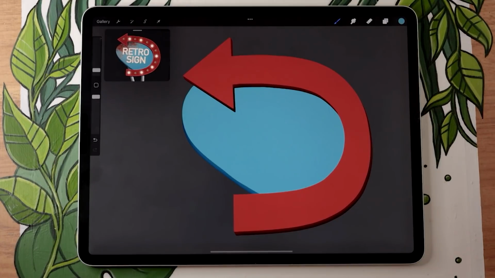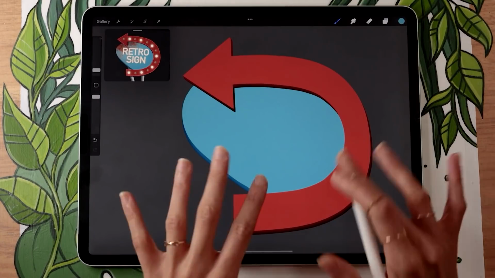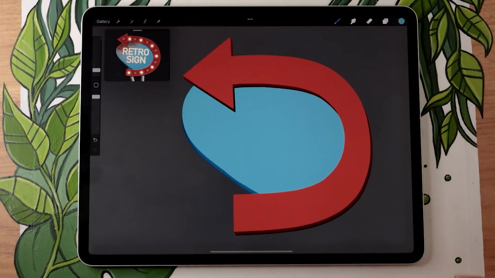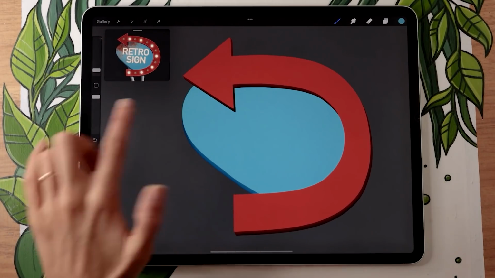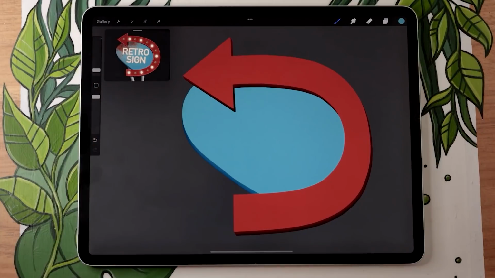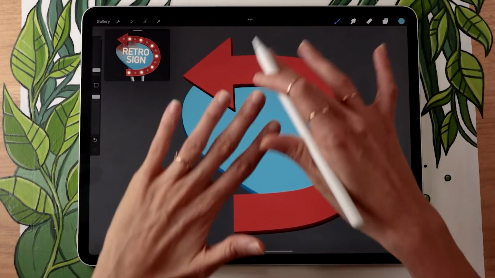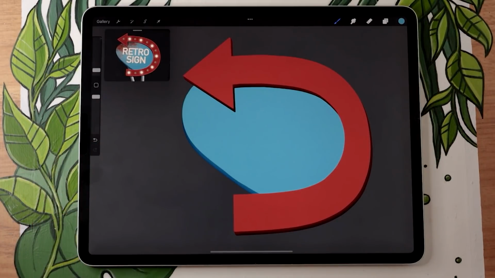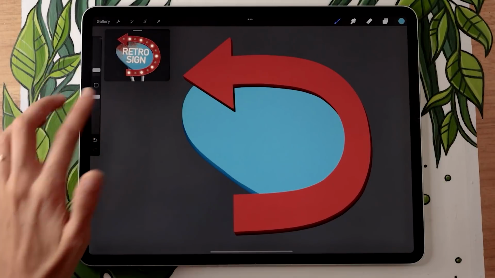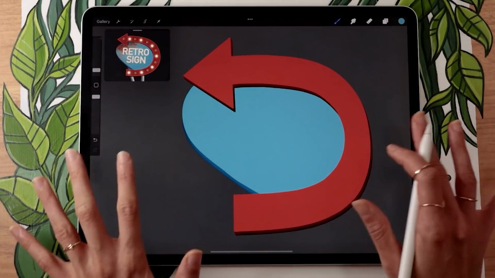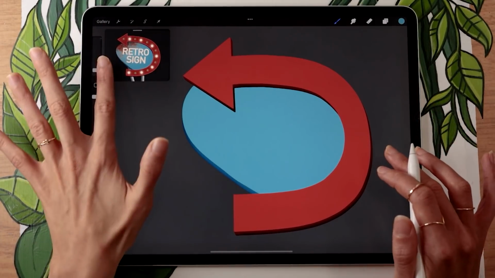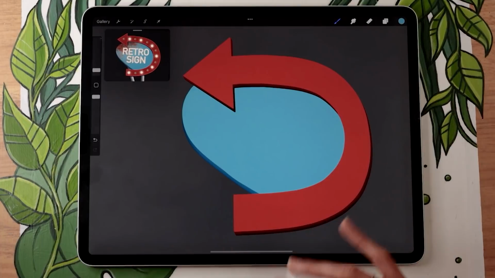So I'm going to show you a few different elements that you can add to really make your piece pop, and you can totally mix and match. So for example, I'm going to show you how to add rust. I'm going to add it on the blue part, but you could add it wherever. I'm going to show you how to add a lighter border around the arrow, but again, you could add that wherever you want. I'm also going to show you how to have texture within the main shapes and how to create the poles. So you can really go off script here and apply the details in a different position or differently than what I'm about to do.